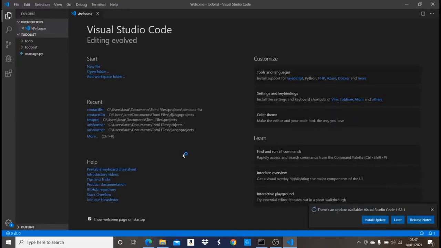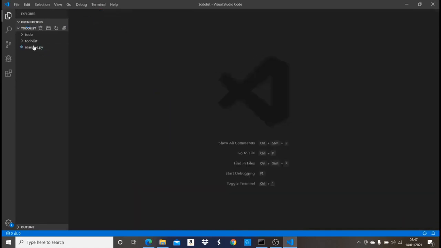So once it has opened, now we're just going to quit this. We just need to configure some things, which are our template file, that means the HTML file which we are going to use, and then we'll get straight into the tutorial. So to do this, we're going to make sure we're in the root directory, and then we're going to create a new folder. We're going to call that folder templates, with an S,